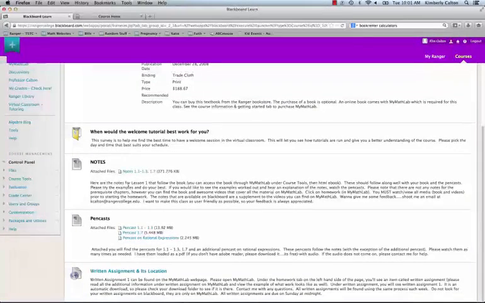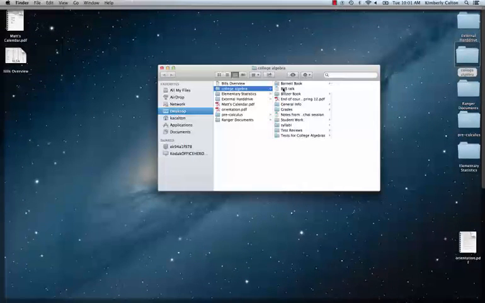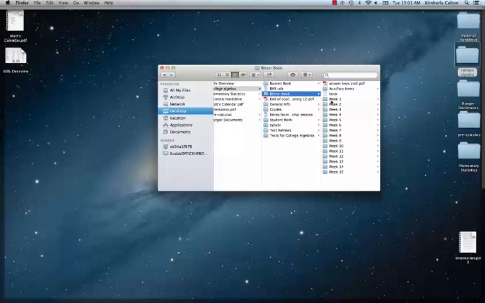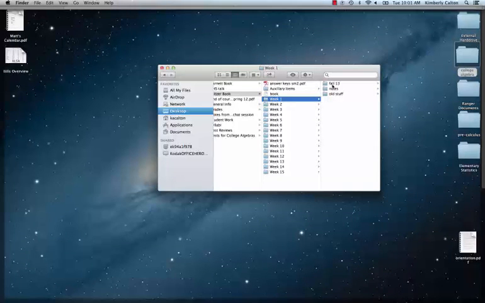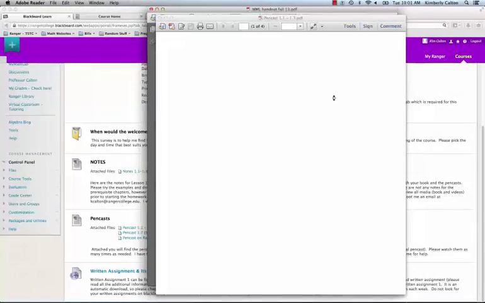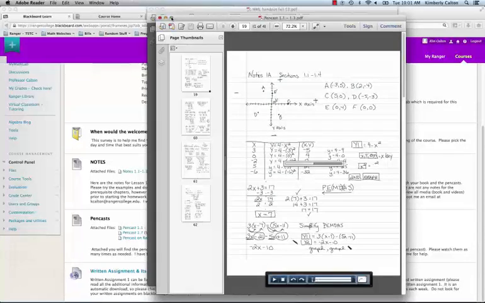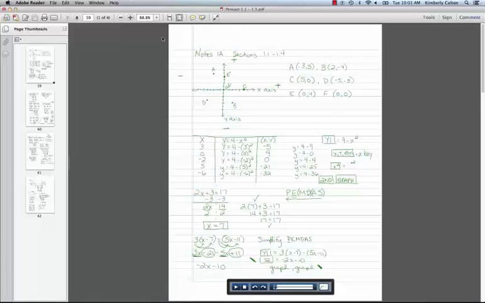You'll also find notes in PDF format, and you'll also find these things called pencasts. Now a pencast is a document that I've created that will help you better see all the information basically in a lecture format. So if you would like to see what they look like, you'll just open your pencast up, and I'll make this larger so that you can see it. And it'll load looking like this.